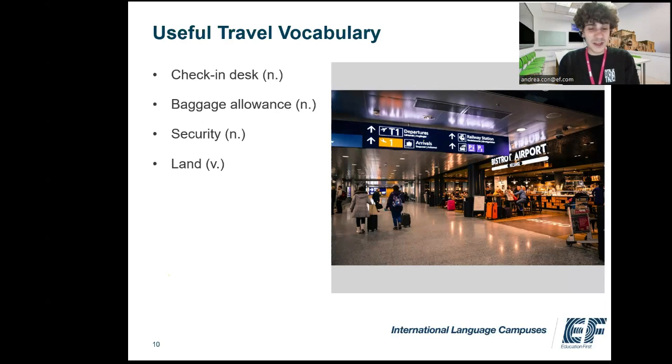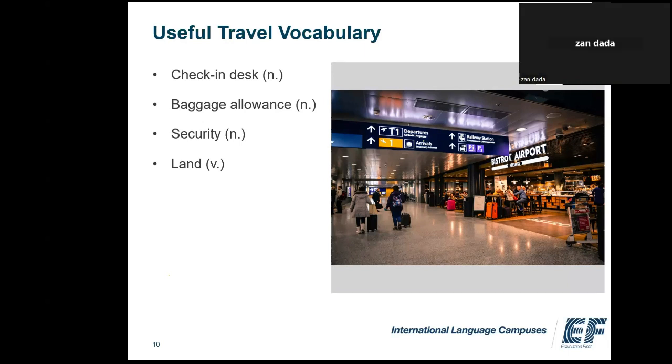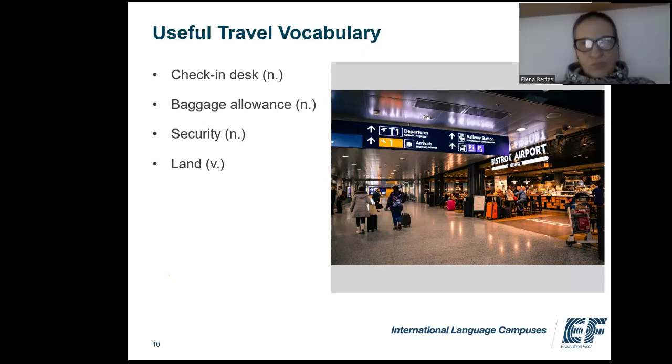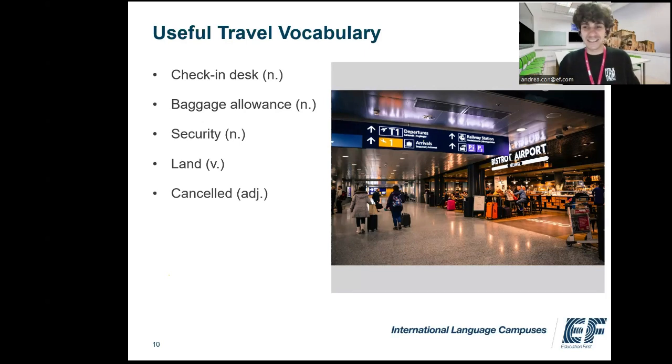And the place where you go when it's almost time to get... Wait, sorry, I skipped one. So what happens if your flight is not there? Your flight won't be there. Delayed. So delayed is if it's going to arrive late. But if there is no flight at all, cancelled. Cancelled. So in this case as well, we have one beautiful silent letter, because apparently English really loves silent letters for no reason. So I've got cancelled,